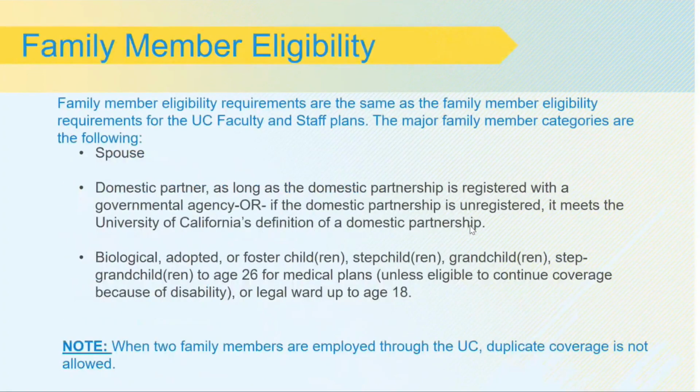Family member eligibility. Family member eligibility is the same for postdoctoral scholars as it is for all UC faculty and staff. Domestic partners, as long as the domestic partner is registered with a governmental agency or the domestic partner is unregistered, it meets the University of California definition of a domestic partner. Spouses, biological, adopted, or foster children, stepchildren, grandchildren, step-grandchildren to age 26 for medical plans, or legal wards up to